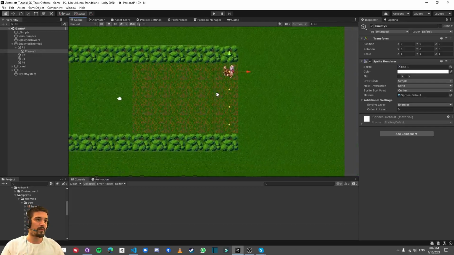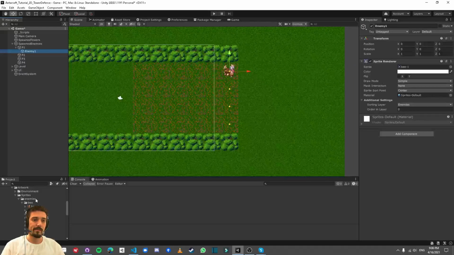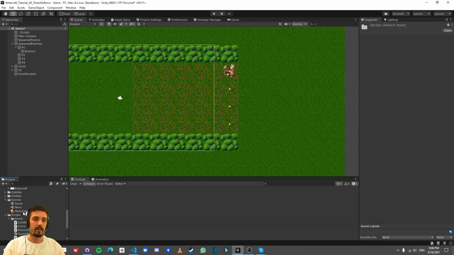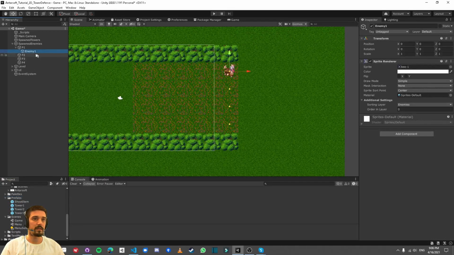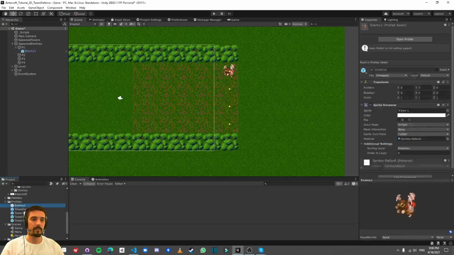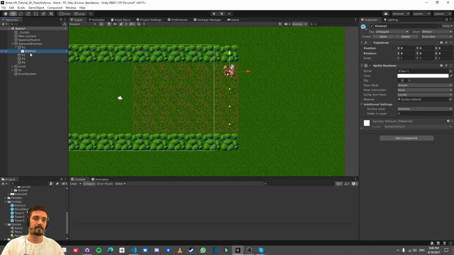Okay, so we finished the first enemy prefab. Let's make a prefab out of it. Let's go to the prefab folder. We've got the enemy. Actually, what I need to do is, never mind, nothing. So let's drag and drop it here. We got enemy. What we need to do else is